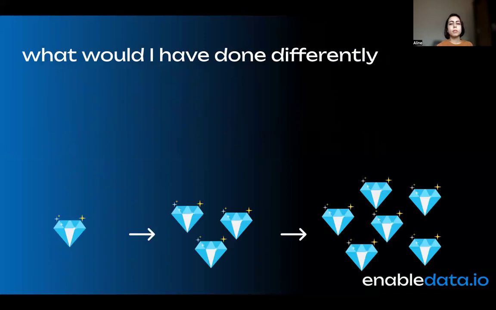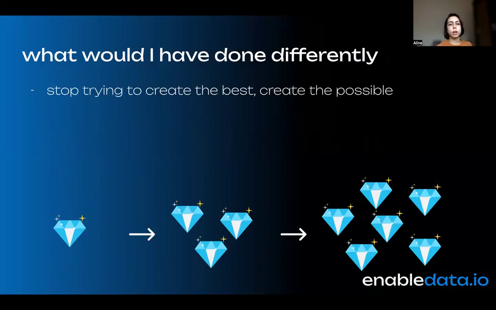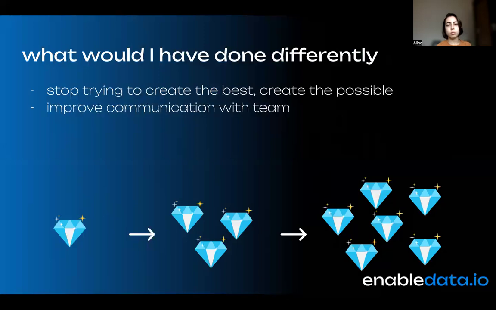And what would I have done differently? So I would stop trying to create the best. I would create the possible. When entering the company, I would not try to do something as big as I did, trying to have the best, like in this case, the delta job instead of the bulk job. And I would create the bulk job to provide some value and then provide more value, just like this drawing of diamonds, like provide a bit of value, then a bit more,